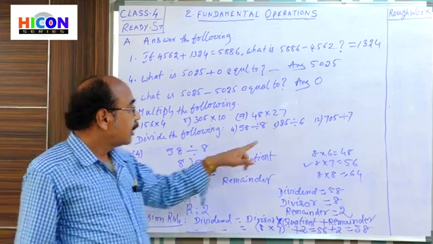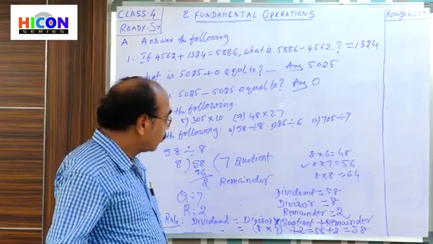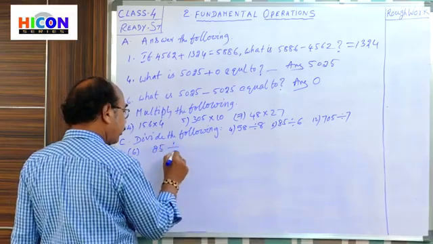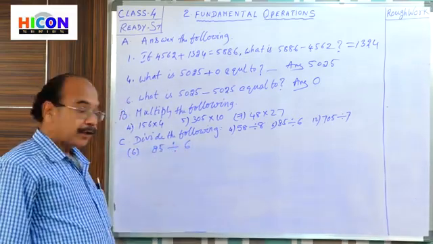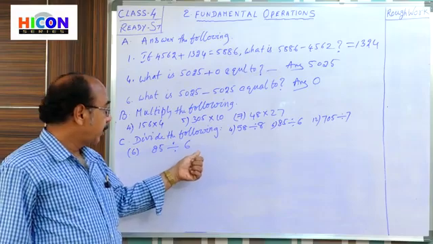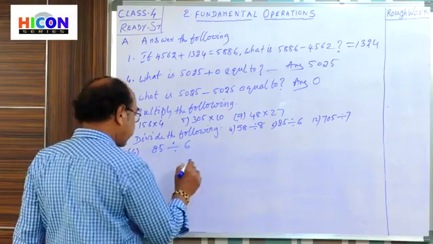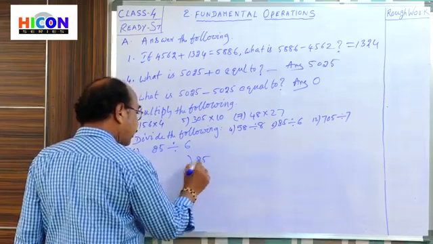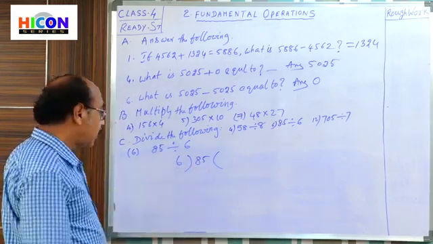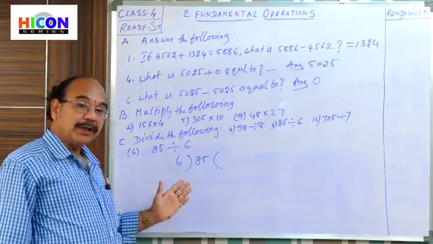Okay children. Now like this you practice 85 divided by 6. Sixth one. 85 divided by 6. 2-digit number 85, 1-digit number 6. We are going to divide 85 with 6. So here the dividend is 85, divisor is 6. Here dividend is to be divided by divisor. Now you know the 6 table. Okay, now read the 6 table.